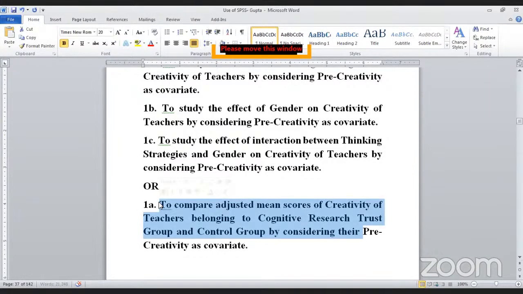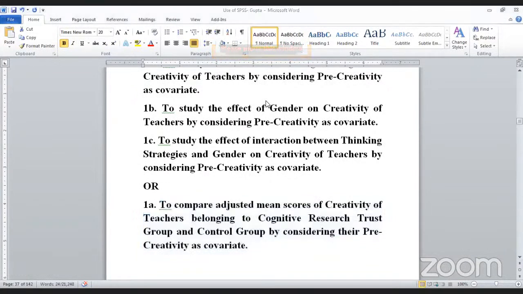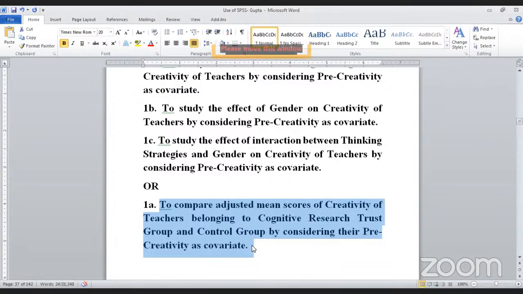So here I have to use the word adjusted mean. So this I have written for, then another is